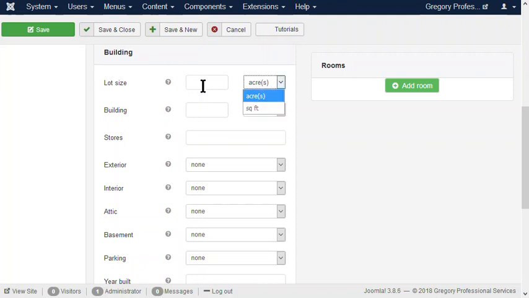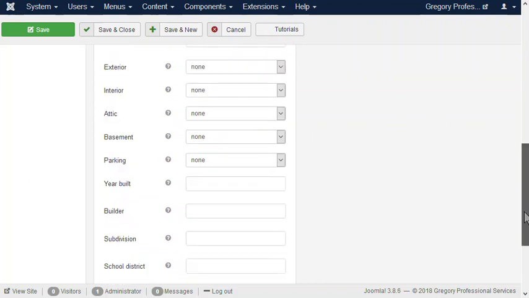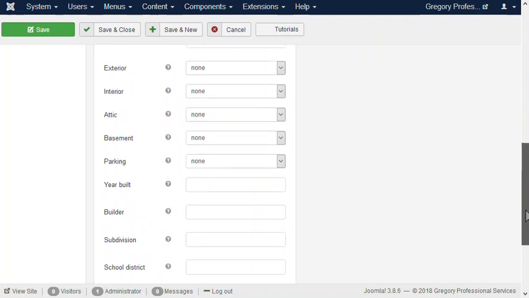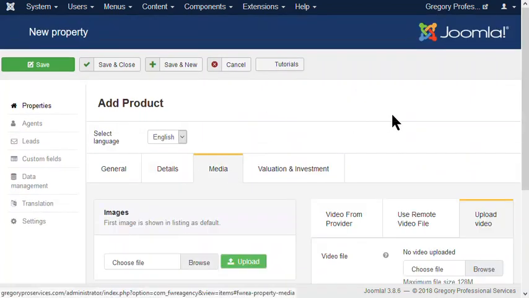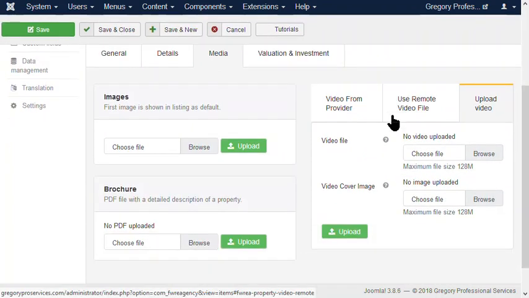Let's just say it's 1.5 acres, and the building size 15875 square feet. So, and then there's numerous things to select from, and we can add to those or delete, but you can ignore some of them. If you do have any video of the site, you can add that, and we can add an image,